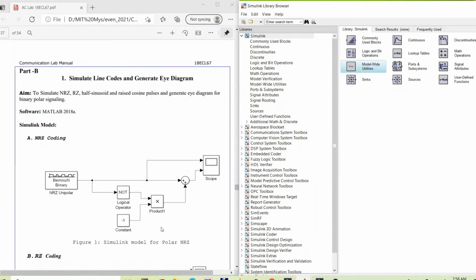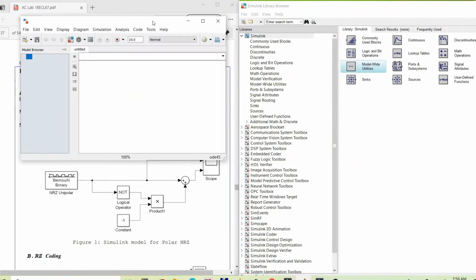So this is the block diagram as I have said earlier. Now to generate polar NRZ, we need to fetch these blocks, interconnect them, configure them, then simulate to see the waveforms. So let me do that. This is our new model.